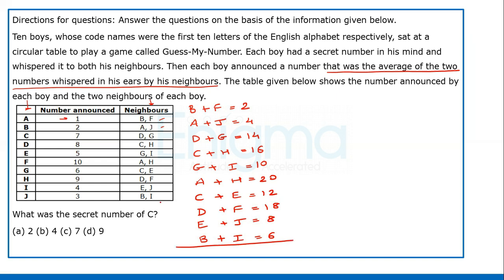Now, if we add all these equations, we can observe that on the left hand side, we have 2 of each alphabet. We have A 2 times, A here and here. B is also there 2 times. Similarly, all the alphabets C, D, E, F, G, H, I, J are there 2 times on the left hand side. So if we add all these equations,